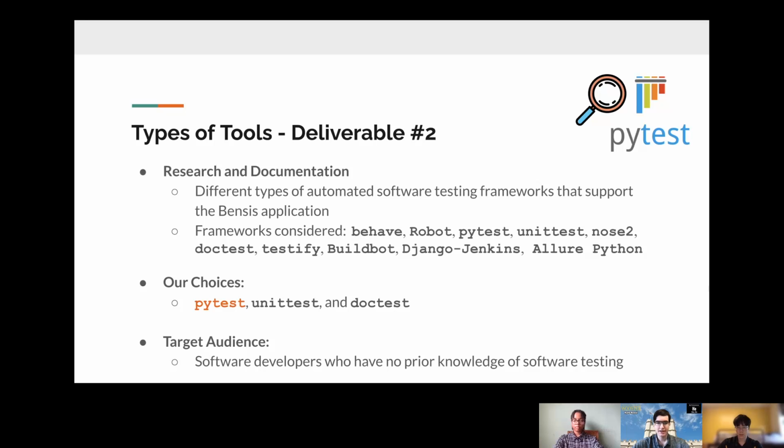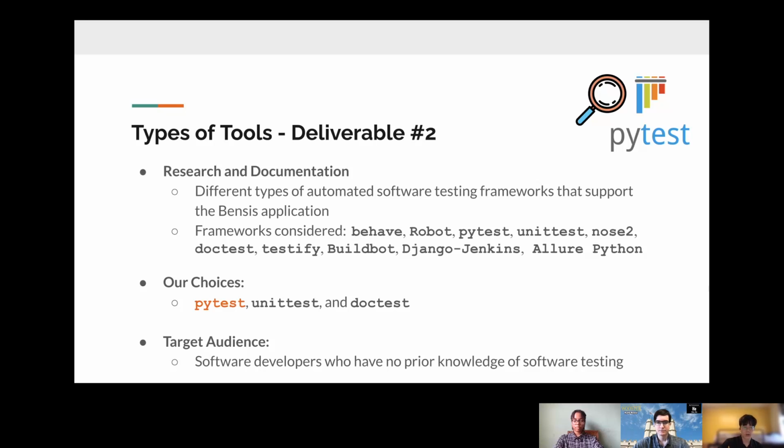This list was eventually narrowed down to PyTest, unittest, and doctest, based on ease of use, available features, community support, and scalability. Similar to our first deliverable, we were expected to deliver a 2-page report outlining in detail the selected frameworks. From our research, we found that PyTest was the most appropriate framework for this project. PyTest's ease of test implementation, special features, robust documentation, lack of disadvantages, and its large dedicated community made it a clear winner among the 3 frameworks.